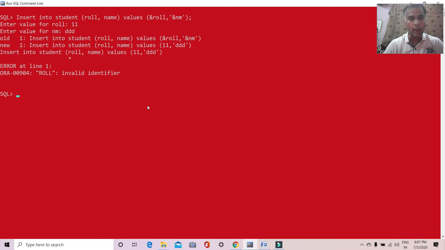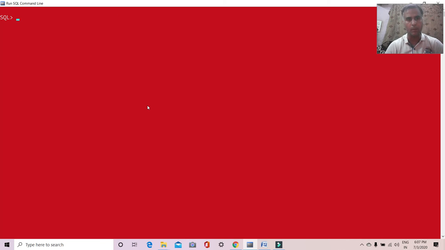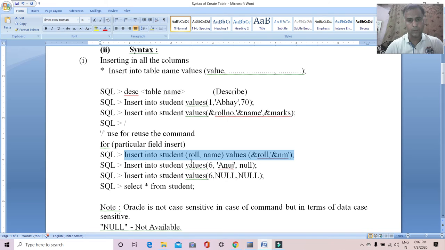It will show the error. So we will try to find out what's the problem. So if I write it here, insert into student roll number values, roll number and ampersand name.